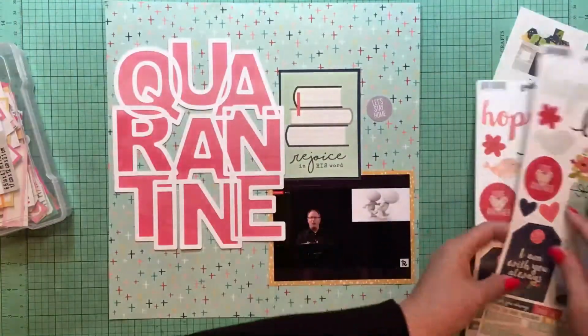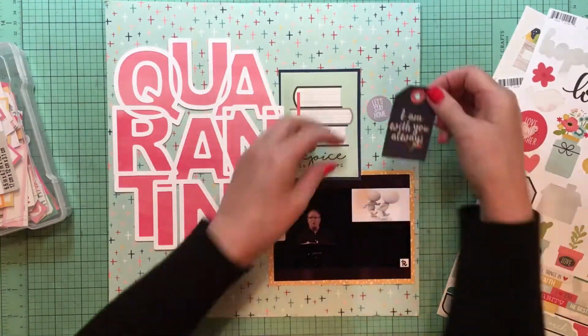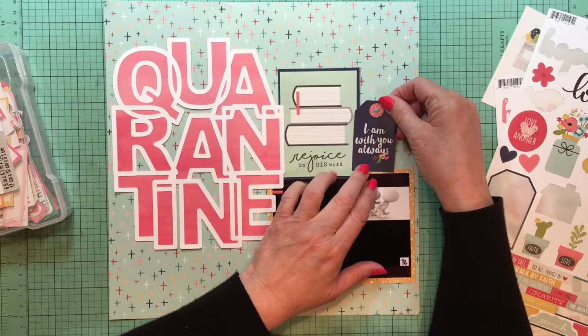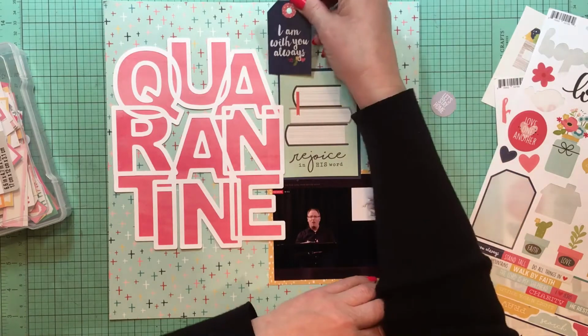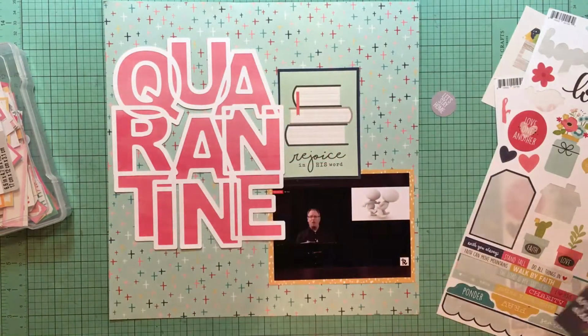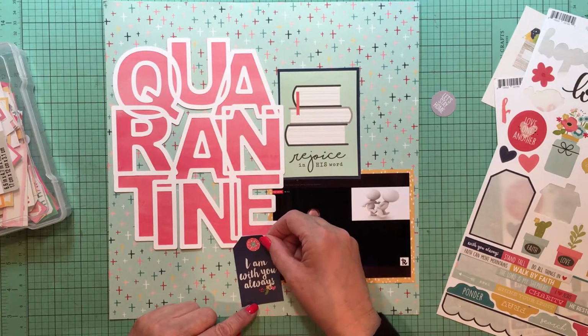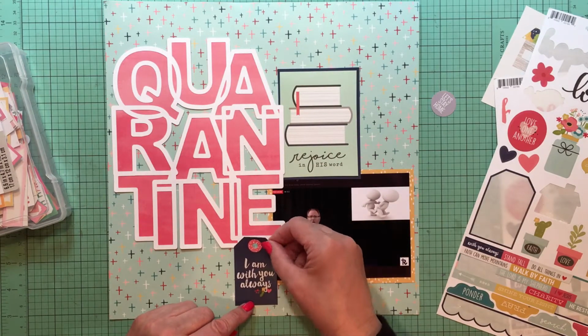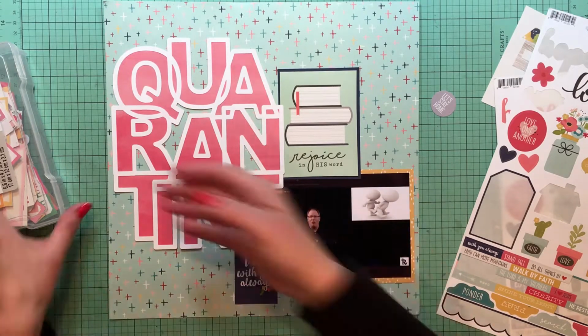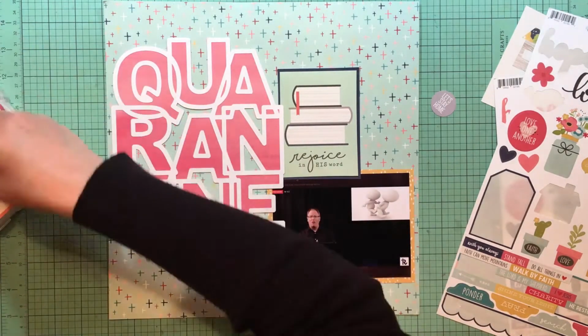Okay, so then I'm just kind of going through, choosing some items here, and that little tag there is from Simple Stories Faith from the combo stickers there. It's kind of plain where that's going to be. And that tag says, I am with you, which I thought was important since